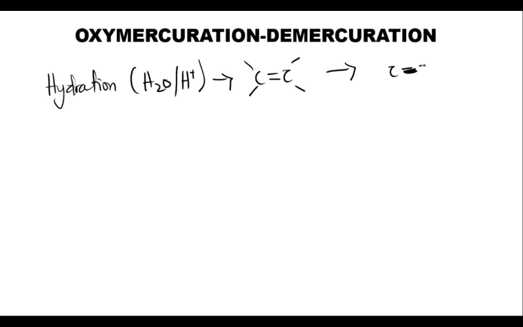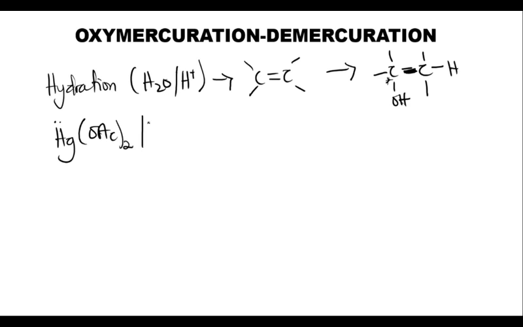Sorry, this should be a single bond. Then we have this, and we have our OH, and then our hydrogen attached. So this is our alcohol. And we said in that tutorial that this reaction goes via the Markovnikov addition. That is, the OH is attached to the most substituted carbon, and then the hydrogen goes to the less substituted carbon. Now, in the Oxymercuration Demercuration reaction, for the oxymercuration part, we add mercuric acetate,